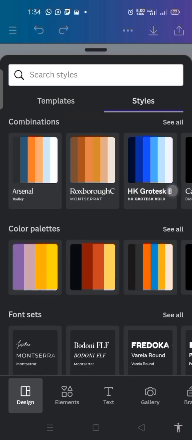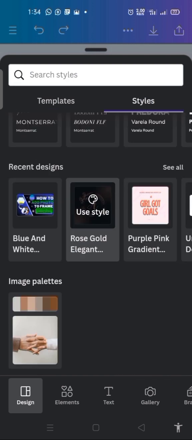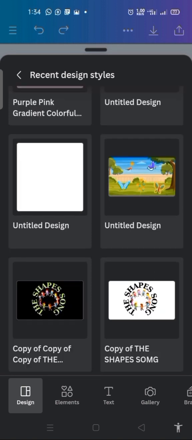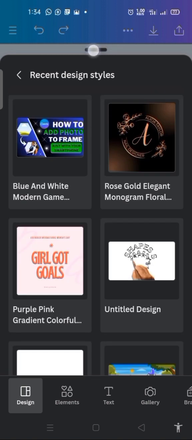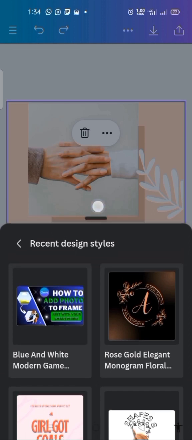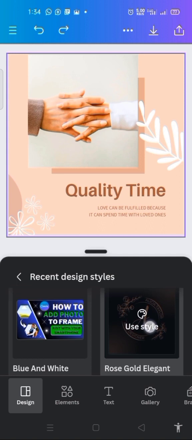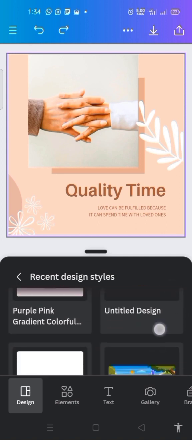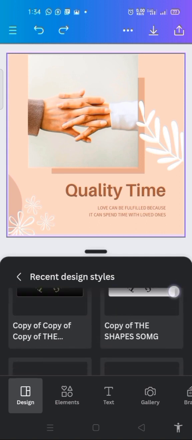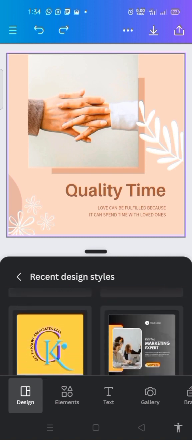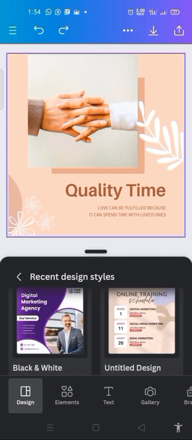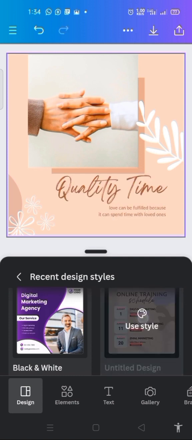Then I scroll to where I have a recent design. This one. Then I click on see all to have access to all the designs. Now, the next thing I'm going to do, I'm going to drag this down. Okay. Then the next thing, I'm going to scroll up to have access to my previous design. Now, let me click on this one. Then to use the style,